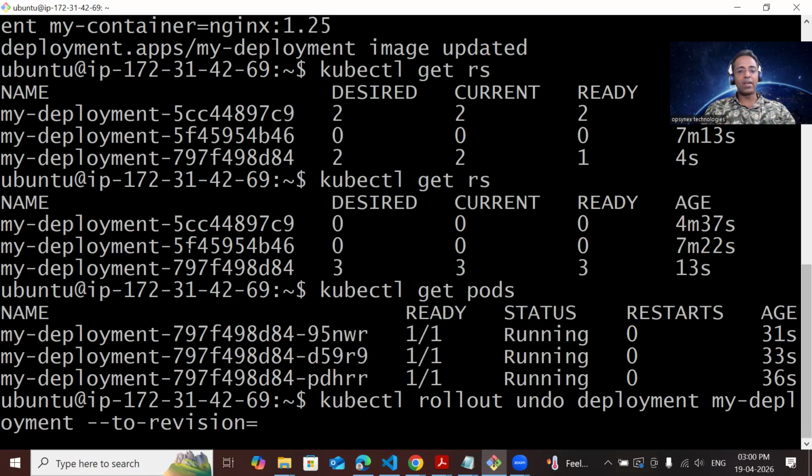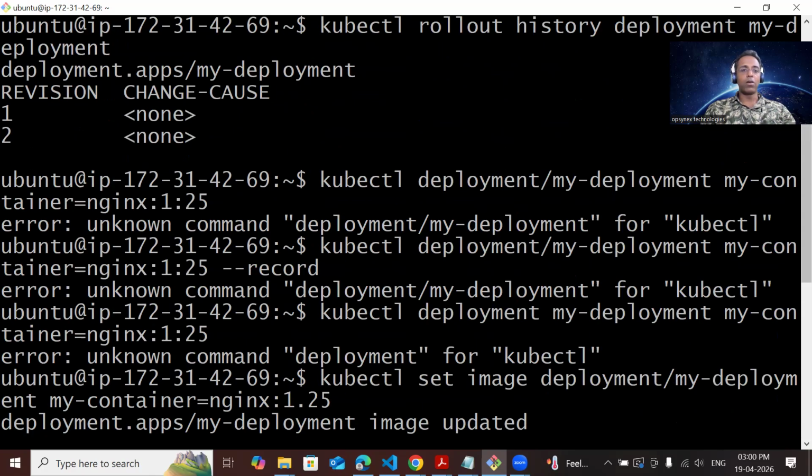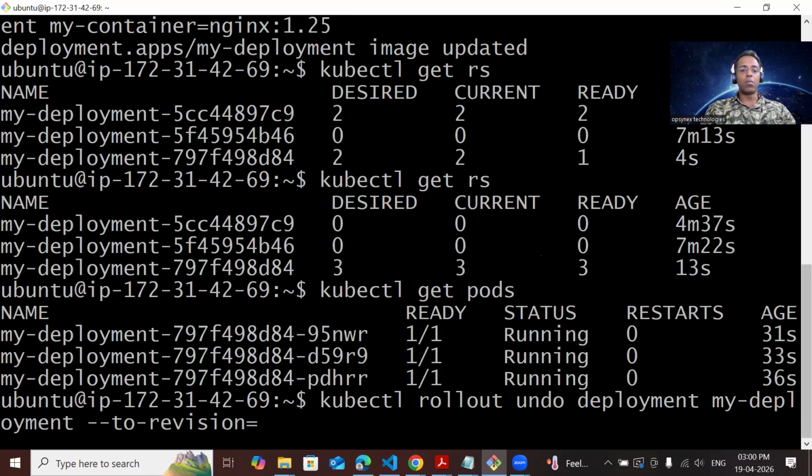We saw that there were some revisions here, right? Here we can see 1 and 2. Now the revision number should be 1, 2, 3 because we have upgraded again to a different version. So if I say 2 here or 1 here,